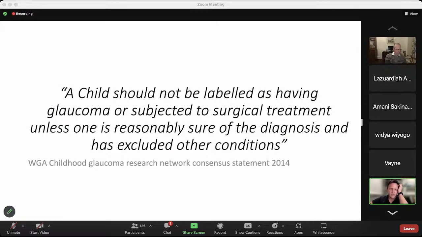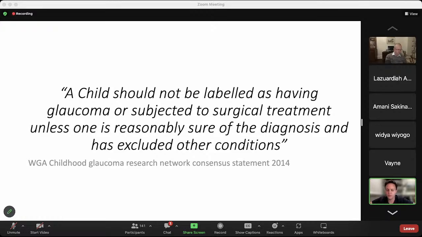There are certain conditions that we need to be aware of that can sometimes look like glaucoma, but aren't necessarily glaucoma, such as conditions that can cause high axial myopia or corneal clouding or buphthalmos. And it's important to be sure that we're dealing with glaucoma before subjecting children to surgery or treatment. And you want to exclude those conditions. There are conditions that have fairly typical features which we know are associated with glaucoma, and we'll go through those